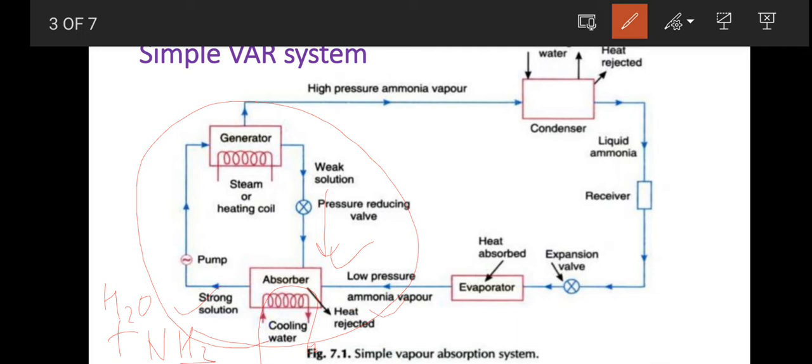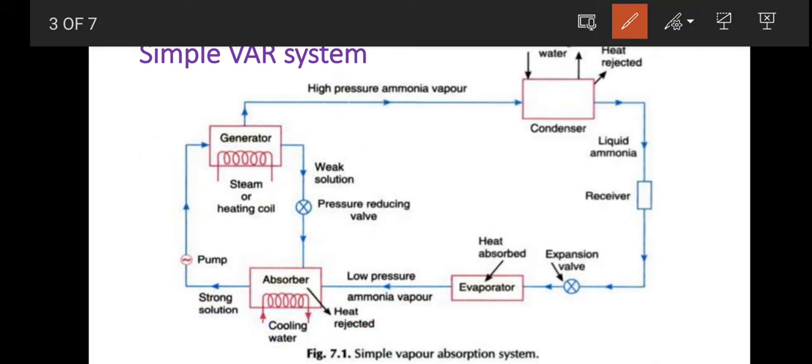So this strong solution now will be pumped from the absorber to the generator. Okay, so here in the generator, we will supply the heat to this strong solution. After supplying the heat, what will happen? The ammonia vapor will be released from the solution, and that will be